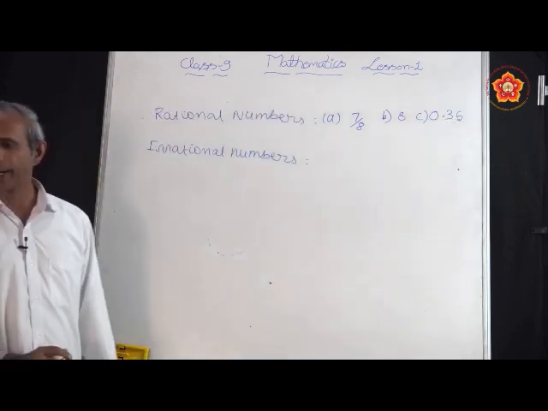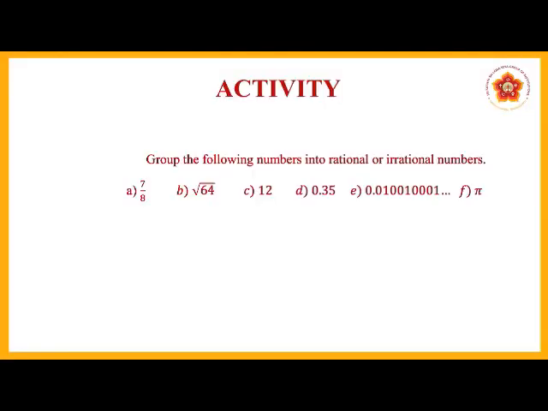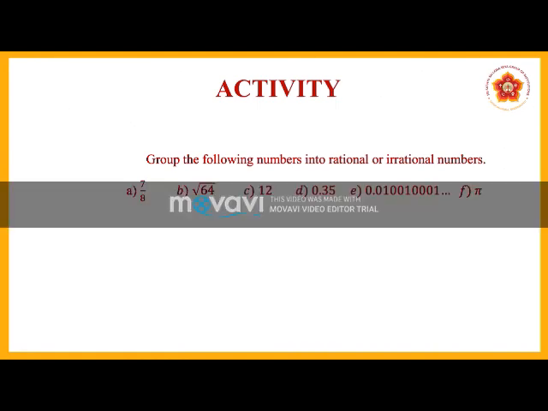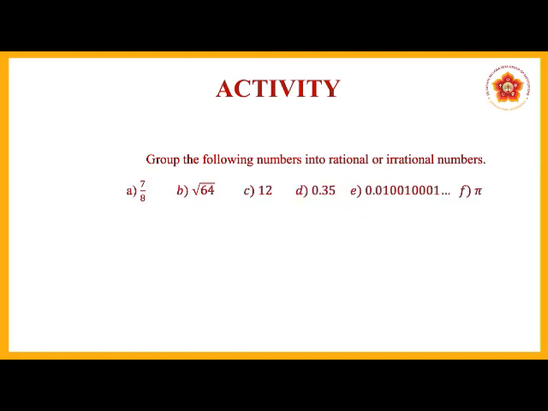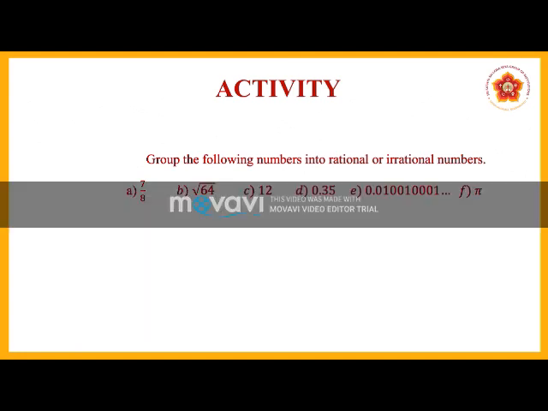Now let us go to the next question. It is given as 0.01, 0.001, etc. It is a non-terminating, non-recurring decimal. All the non-terminating and non-recurring decimals are irrational numbers, so it belongs to the second group. So you have to write it in the second group. Now E belongs to the second group here.